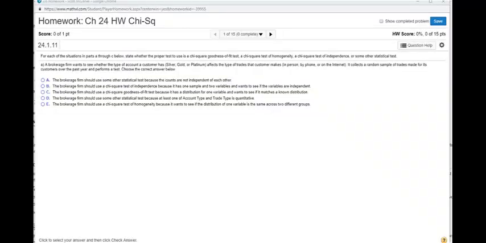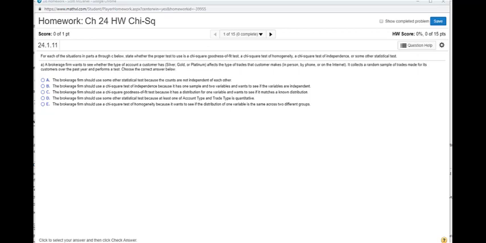Okay, it says this is 24.1.11. For each of the situations in parts A through C below, state whether the proper test to use is a chi-square goodness of fit test, a chi-square test of homogeneity, a chi-square test of independence, or just some other statistical test. So part A, a brokerage firm wants to see whether the type of account a customer has, silver, gold,